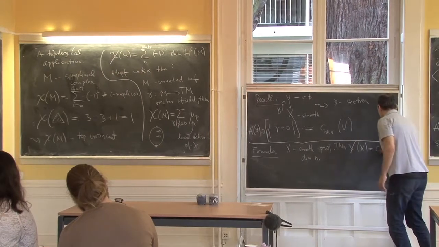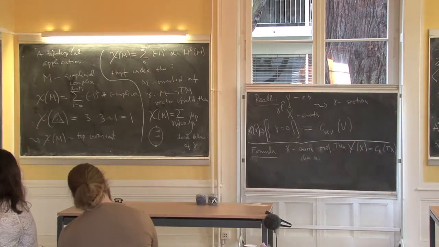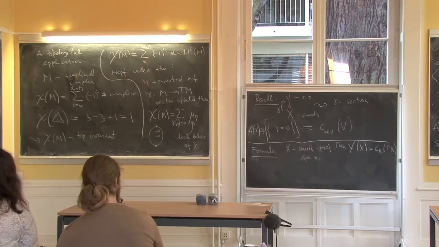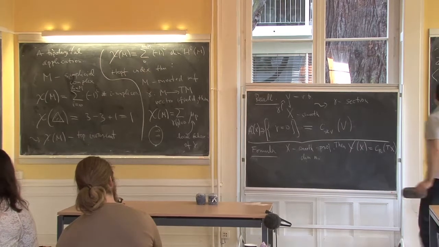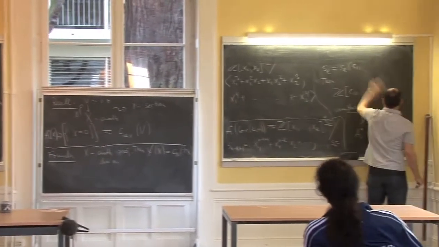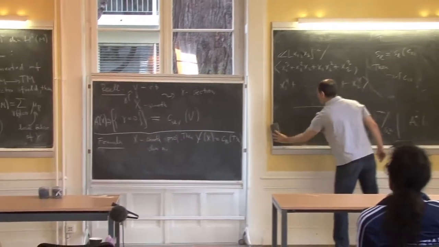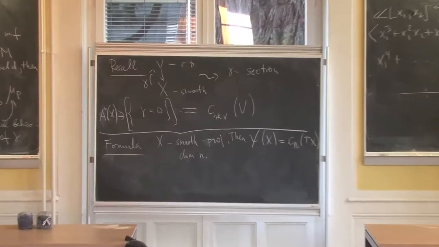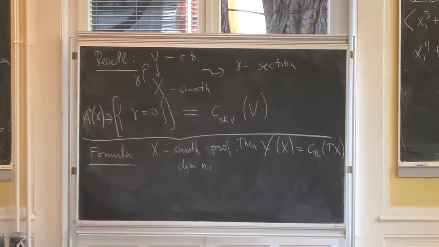So n is the dimension of X. Okay? And I vaguely proved it. I mean, I didn't really prove it, but you see it's very close. If you combine it with the Hopf index theorem, then this is true. And this is really great. I mean, actually, if you think about it, it's already pretty fantastic that